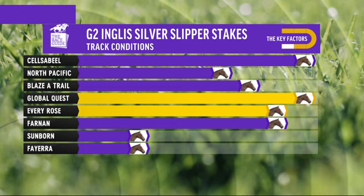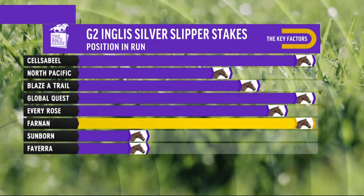All right, and position in run. It's Global Quest has levelled up here, Mike, and Farnan's right there as well with the favourite. Rail out 6 metres, tough Waterhouse horse on pace, barrier 3. Sounds like a good recipe to me. All right, mate, we've got a $1.55 favourite in the race, and it is not strolling out by a few race lengths on